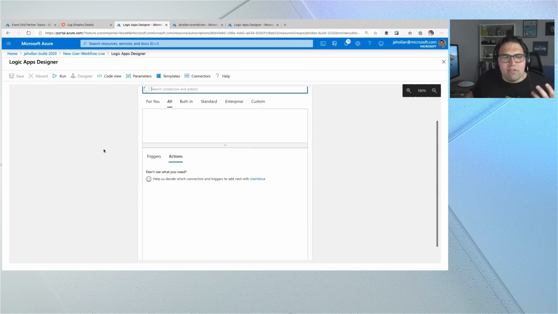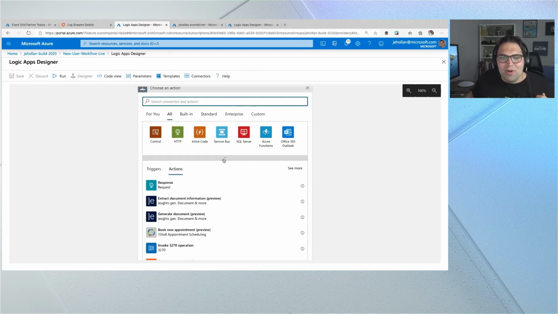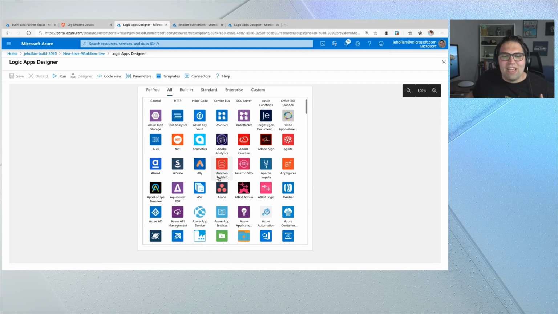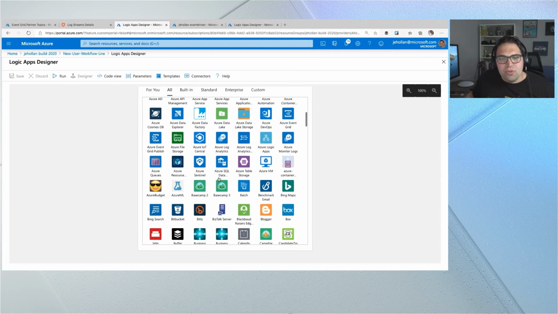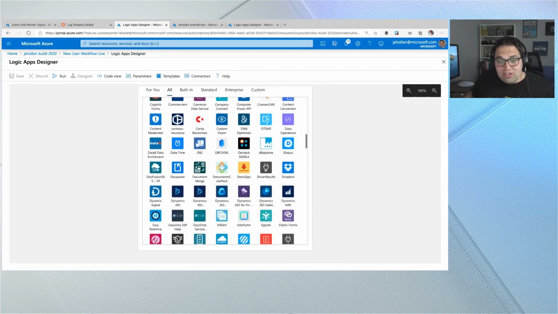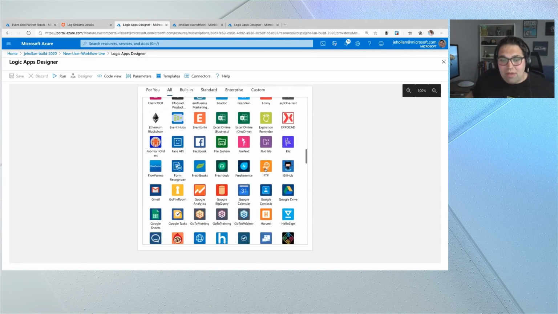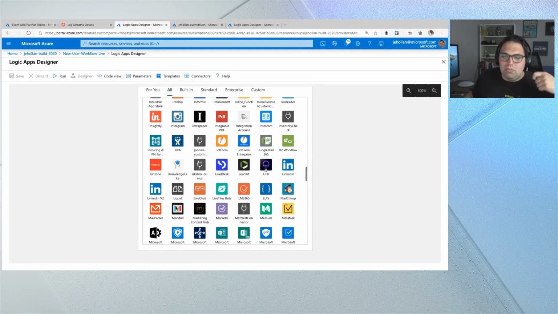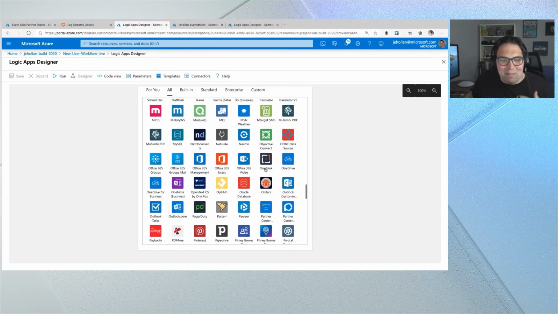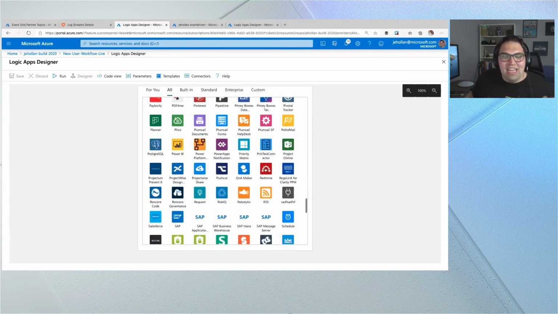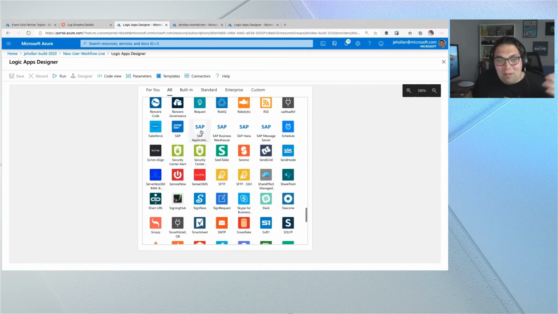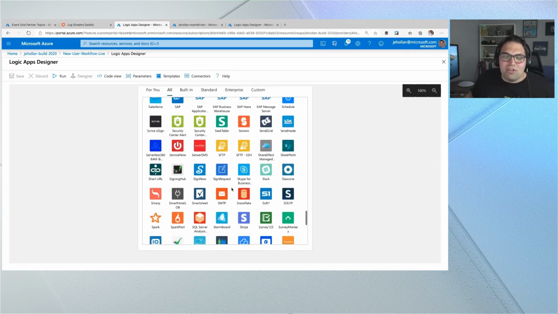So one of the things I love about Logic Apps that I cannot do a demo without highlighting is just the number of connectors that it has out of the box. So there's over 300 services here, things like Azure DevOps, Azure Cosmos DB, more recently Azure VMs, so that I could do something like start or stop a virtual machine. But there's hundreds of other services too, whether it's Salesforce, Dynamics, Google Sheets. I'm just looking through, grabbing a few service names that pop. OneDrive, Paylocity, you name it. If there's a service, SAP on premises, this is all code that I don't have to write